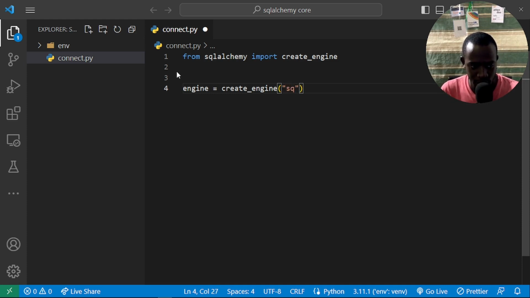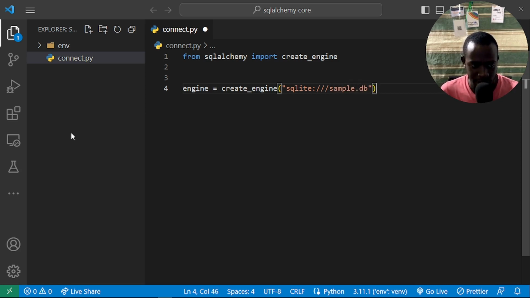Now to connect to SQLite, all we have to do is define the database, in this case SQLite, and then define the path where we want it. Remember, SQLite is a file-based database, and we don't actually need any drivers to use SQLAlchemy with Python, because Python has an inbuilt driver for SQLite. So we can just provide /// meaning that we want our database to be in our current folder. And then right here, let's just call it